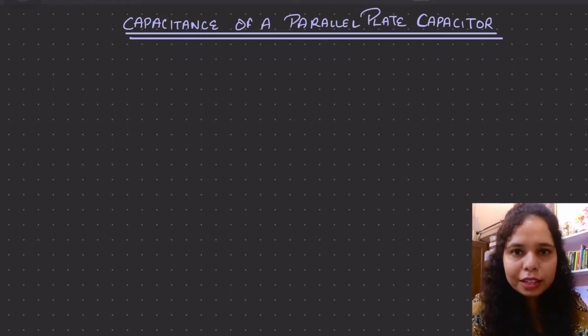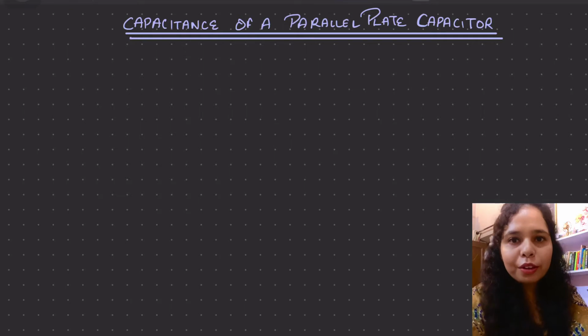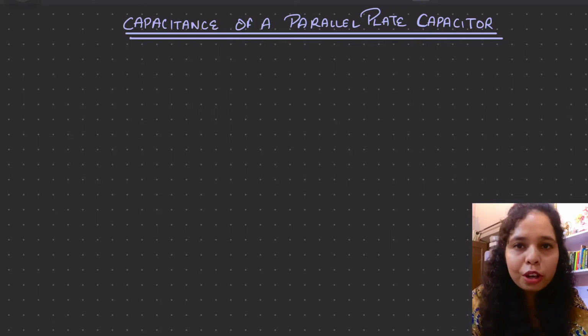This is Unit 1 Electrostatics, and the topic we are going to discuss is to find the capacitance of a parallel plate capacitor. We will also talk about the grouping of capacitors, but first of all let us step into the article and find the capacitance of a parallel plate capacitor.